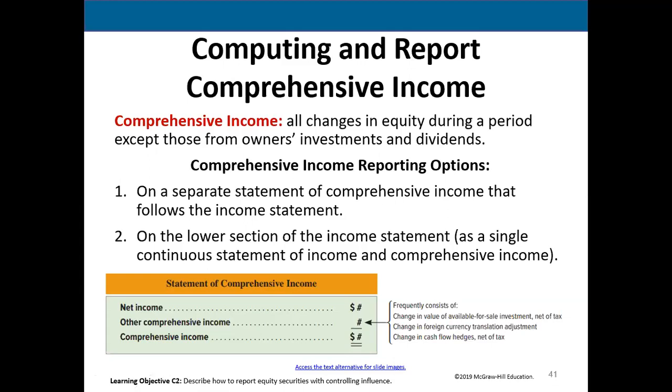There are other items, as I said, and you could see some of the things there. A foreign currency translation adjustment, which you learn about in advanced accounting. Some of our companies have operations or do business with other countries in foreign currency. You need to translate that foreign currency into the domestic company's currency, so the United States currency. Sometimes there's a gain or a loss from that translation. And something called cash flow hedges, which I'm not even going to get into with you. So these are more complex things that an accounting major would learn about. They're just too complex for our class. But these are other items that would be reported in this area.